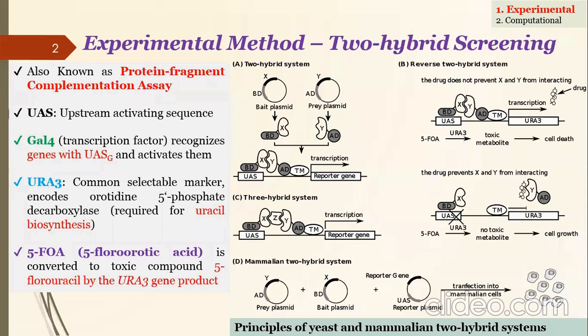और लास्ट में हमारे पास मैमेलियन टू हाइब्रिड सिस्टम है, उसके अंदर हम दो प्लाज्मिड्स यूज करते हैं। एक प्रे प्लाज्मिड है जिसके ऊपर एक्टिवेटिंग डोमेन है, और एक तरफ बैट प्लाज्मिड है जिसके ऊपर बाइंडिंग डोमेन है। ये दोनों डोमेन सेल के अंदर काम कर रही हैं, और अगर इनके दरमियान इंटरेक्शन हुई तो ये UAS रिपोर्टर प्लाज्मिड के ऊपर लगे रिपोर्टर जीन की ट्रांसक्रिप्शन कर देंगी और हमारे पास रिजल्ट आ जाएगा। और ये भी हम प्रोटीन प्रोटीन इंटरेक्शन के लिए सिस्टम यूज करते हैं।